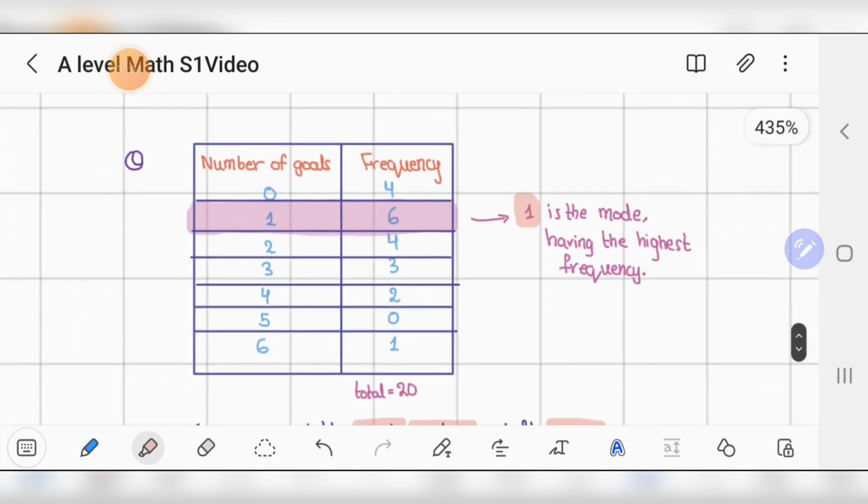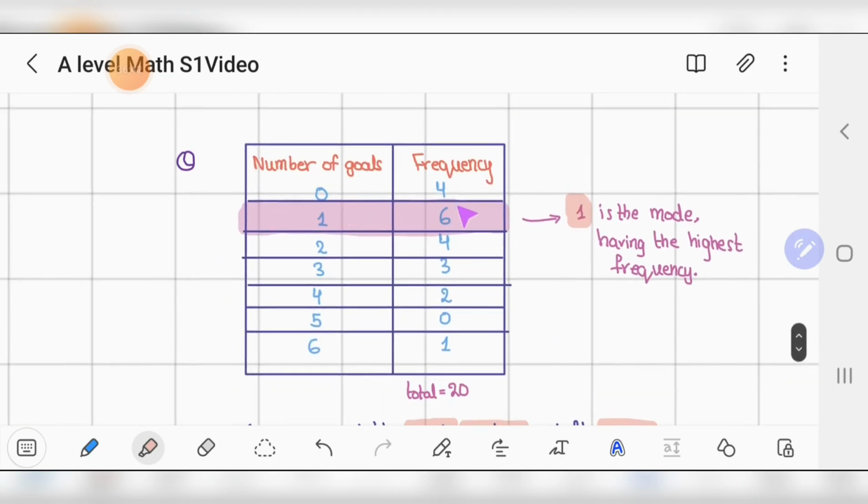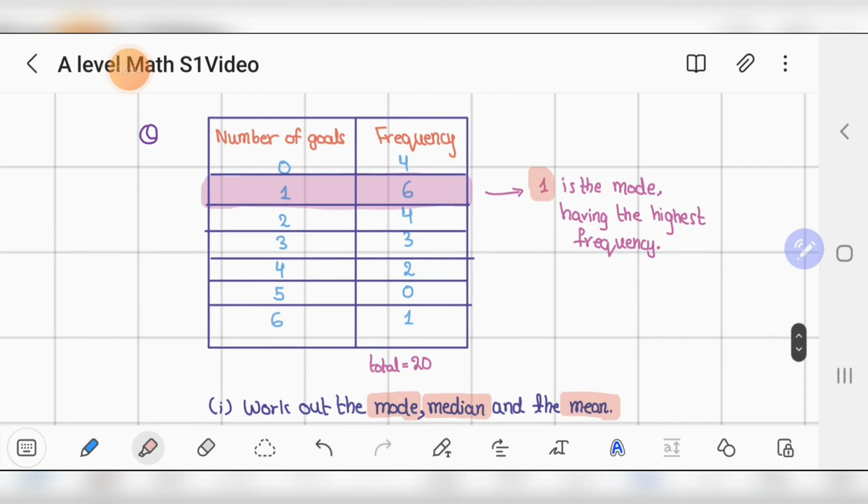This is another diagram, and it says work out the mode, median, and mean. You can see the diagram here, and the number which has the highest frequency is the mode. So 1 is the mode, having the highest frequency. How do we find the median? We add all the frequencies, so they total 20. Then we do 20 plus 1 upon 2, which is going to give us